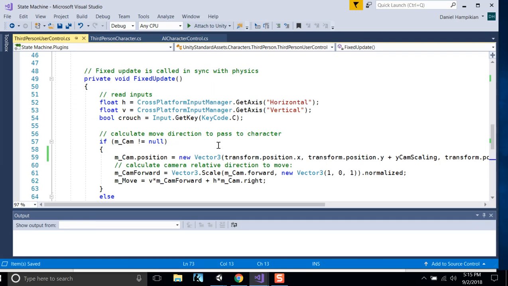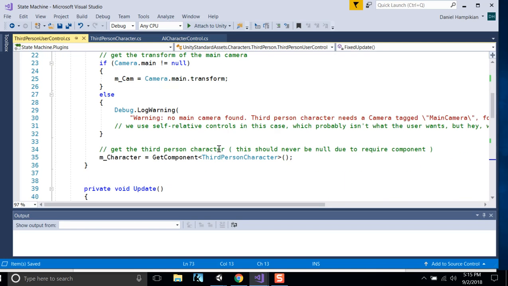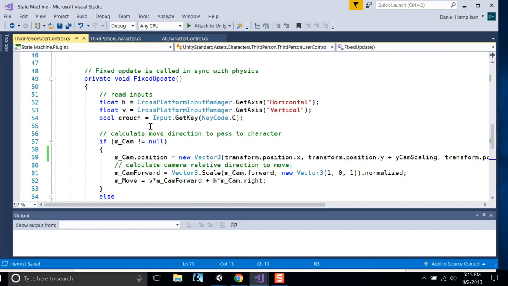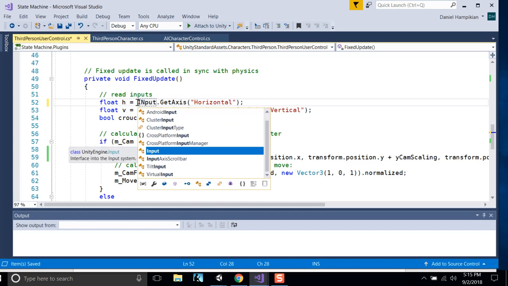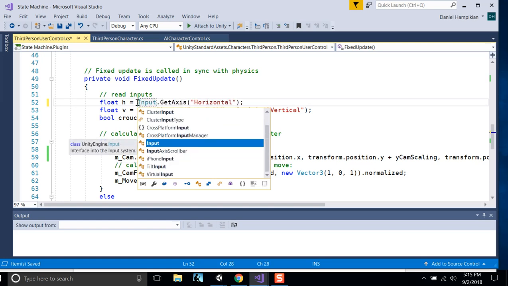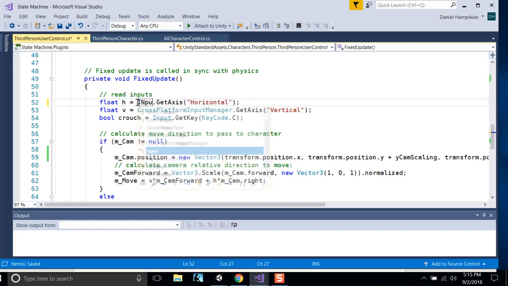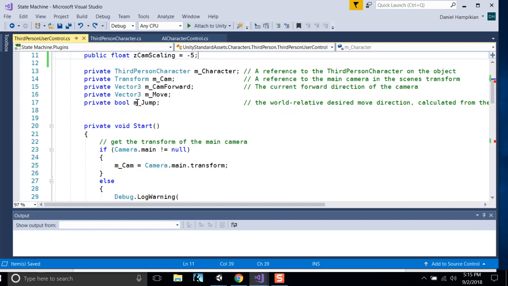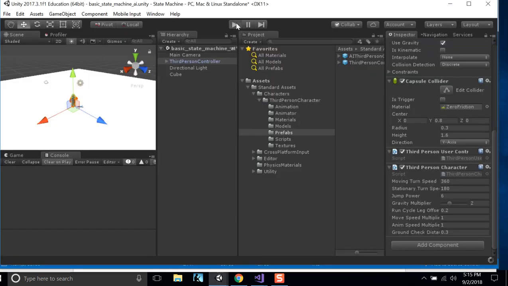And that, by the way, this third-person character controller is getting our input from cross-platform input manager. This is one of the utilities things we imported. You could use just input.getAxis, but let's leave it as it is, since we did import those utilities functions. Okay, so back in Unity, if we hit play,